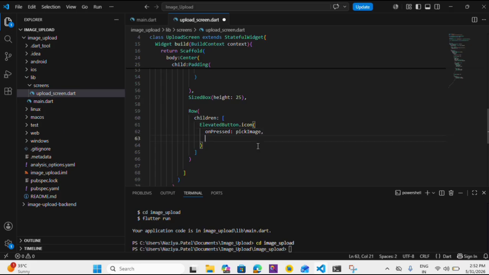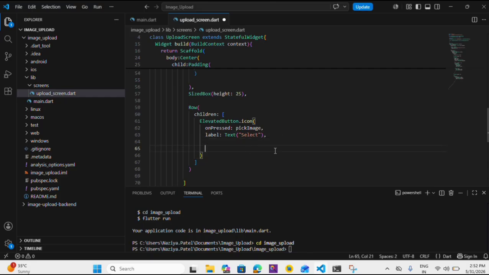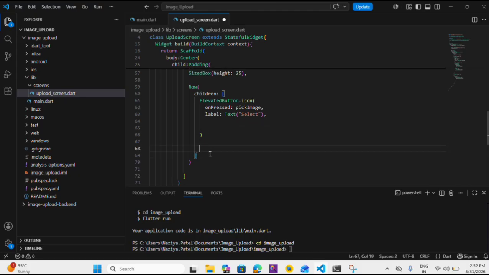Okay, and we have added one label. The label has one text, and the text will be select. Okay, so our button is completed. After that we can add the style to our button as well here. If we want to add the style, then you need to add the style to our elevated button here. Okay, after this one button,